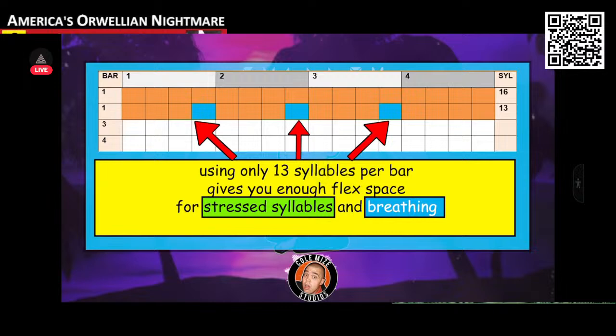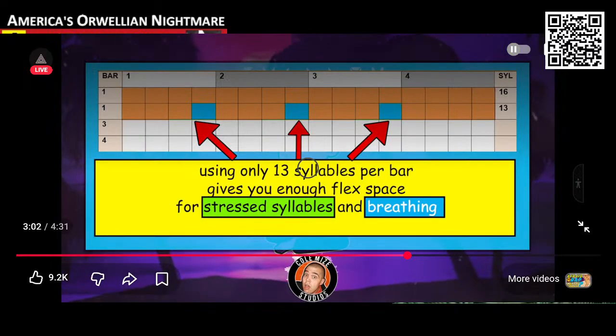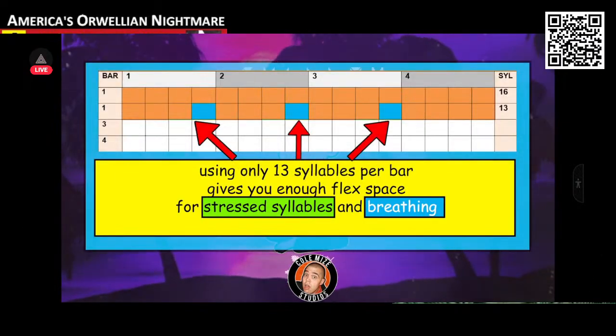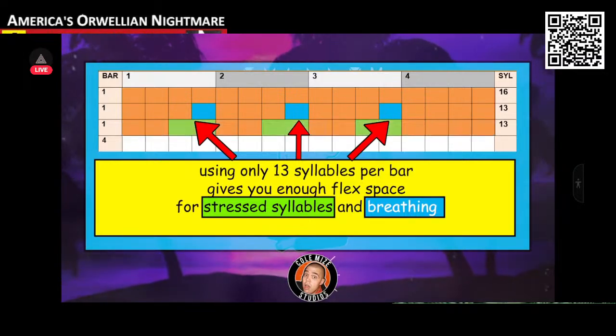Just to inform you, you're leaving yourself enough room to use up to 3 8th notes for either your longer stressed syllables, or you can use this flex space to actually take a breath. And please remember this, when you're structuring your rap lyrics over an instrumental, you don't have to be this analytical about everything. Most of us rappers are strictly doing all of this by ear, and you only need to get this analytical about things when you're struggling to solve an issue.